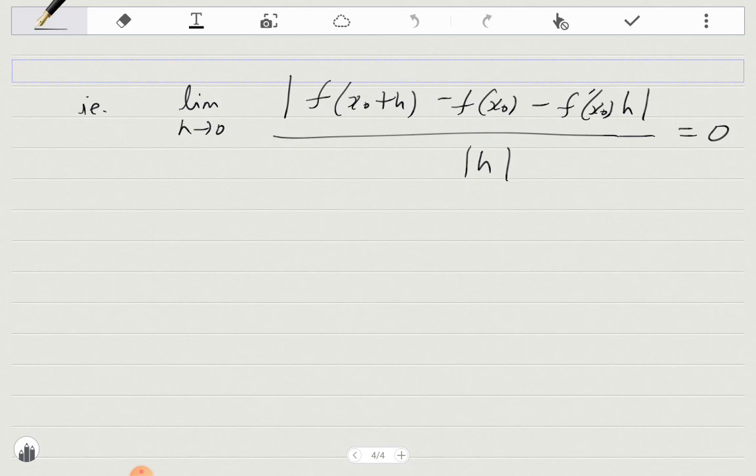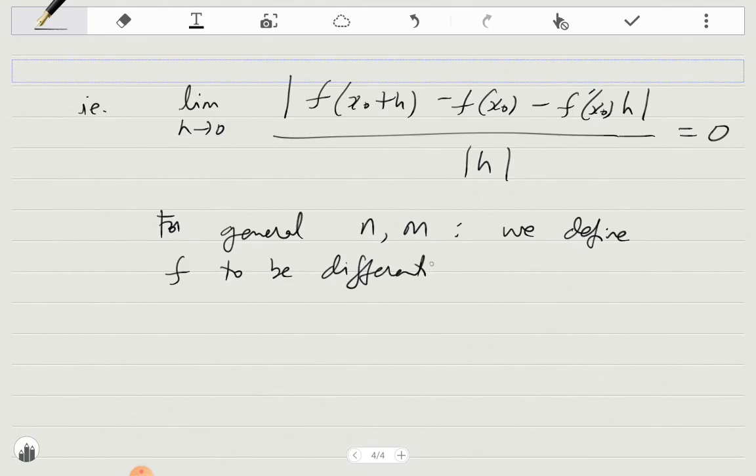So let's see. For general n and m, we define f to be differentiable at x naught if, now apart from the division by h which was causing problems, I also have to interpret what this means in the general case. See, this expression, f prime x naught multiplied by h. Well,